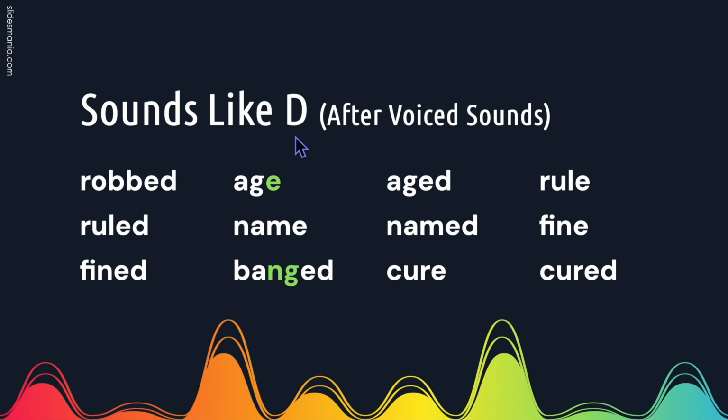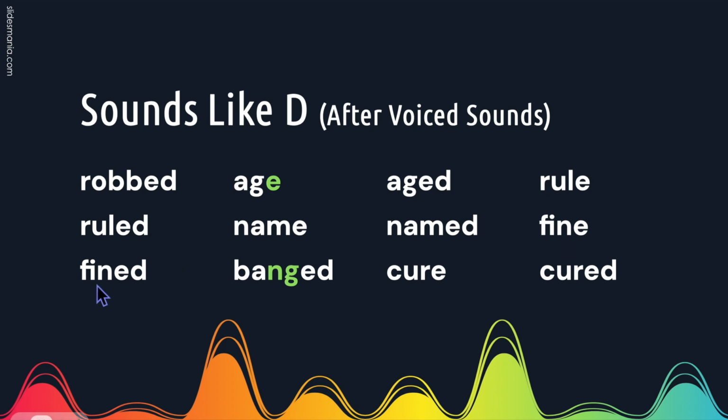We do this after all vowel sounds, and if the last sound of the word is a consonant other than D or T, where we can still easily pronounce the D sound. For example, here we have robbed. In this case, doing the sound B before D is not too difficult to say, so we use ED as D. This E is going to both make the A have its long sound and the G have its soft sound of J. So we have the word age, aged, rule, ruled, name, named,